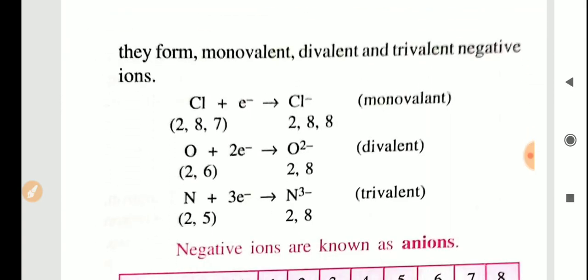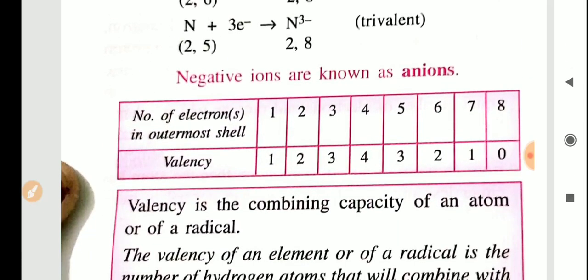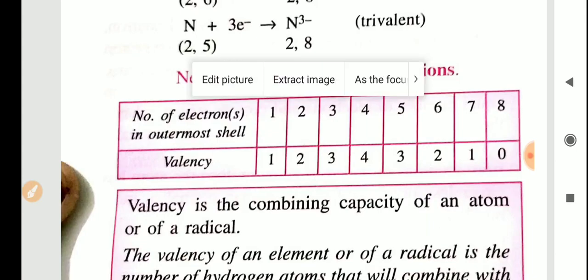Then this also we have studied, how they are getting negative charge. Now we will see how the valency is going. We know that if there is only 1 electron in the outermost shell, their valency will always be 1 because they will always lose the electron. If there are only 2 electrons in the outermost shell, they will always lose 2 electrons, so their valency is 2. If there are 3 electrons in the outermost shell, they will always lose 3 electrons, because it is difficult to gain 5 electrons but easy to lose 3. So their valency is 3.